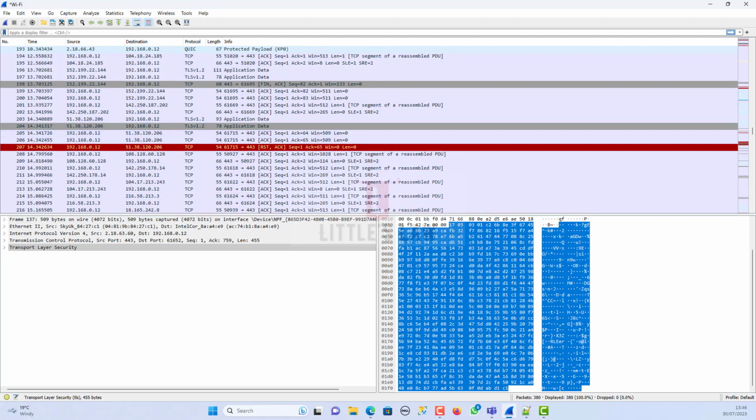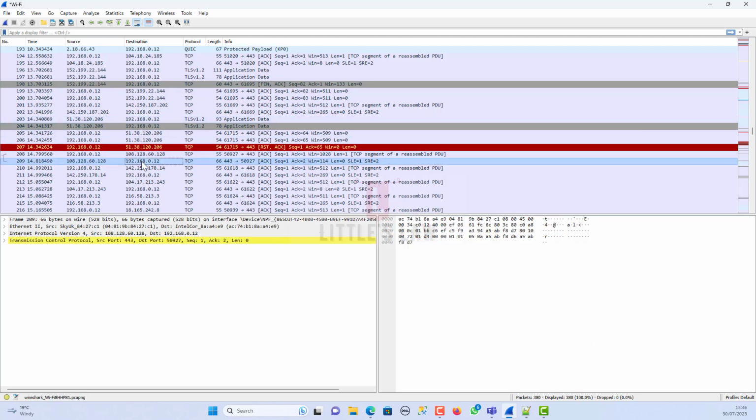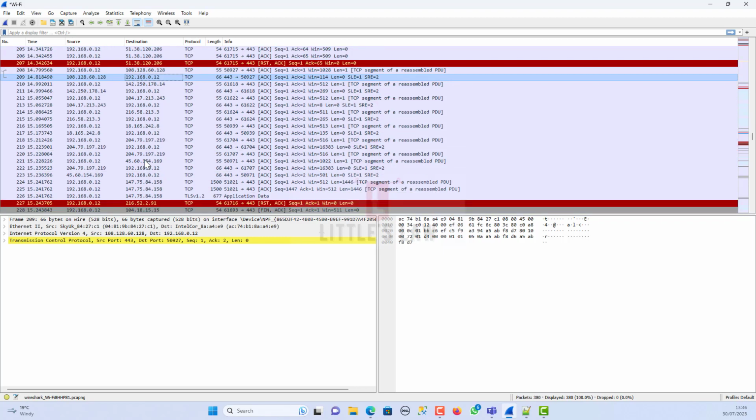So in a nutshell, Wireshark is our trusty sidekick when it comes to exploring the wonders of network communication. It uncovers the hidden secrets of data flowing through the cables. It helps us to troubleshoot network issues and empowers us to become internet detectives. So, are you ready to join this exciting adventure with Wireshark?